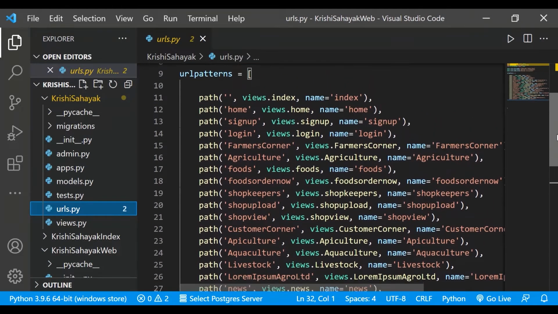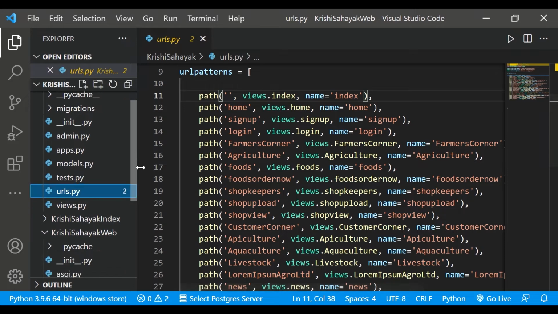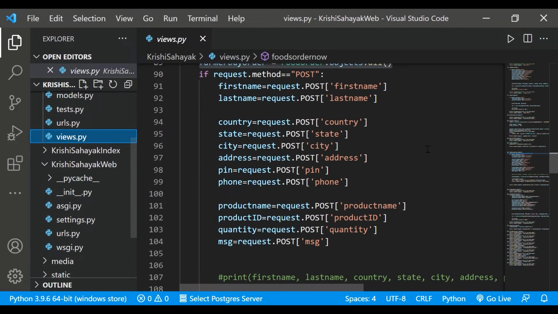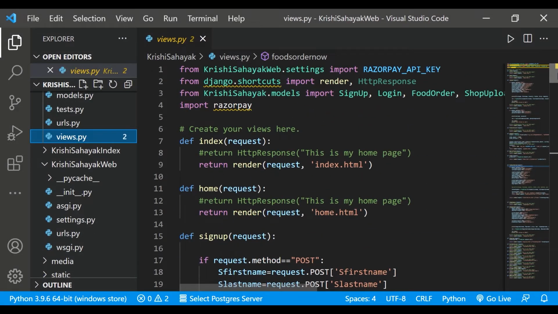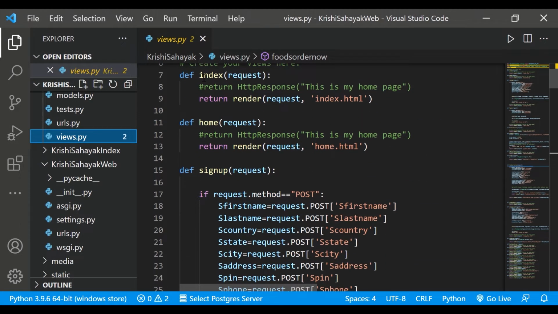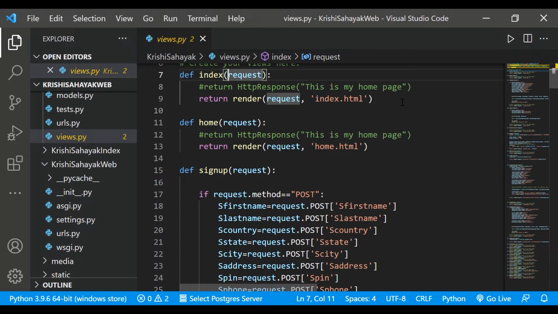So we first start with simple things. Here I have given the path views.index, name equals index. It's saying views.index, so I go to views.py and see what is there. Here I can see that I have defined a function named index, request, and it returns render request index.html.